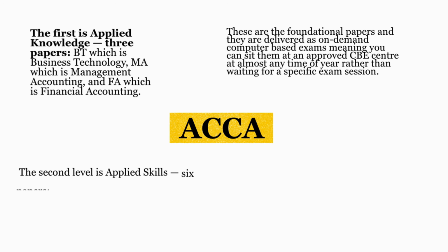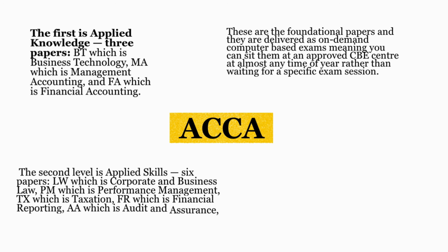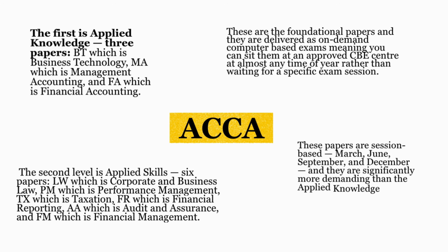The second level is Applied Skills, 6 papers, LW which is Corporate and Business Law, PM which is Performance Management, TX which is Taxation, FR which is Financial Reporting, AA which is Audit and Assurance, and FM which is Financial Management. These papers are session-based, March, June, September, and December, and they are significantly more demanding than the Applied Knowledge